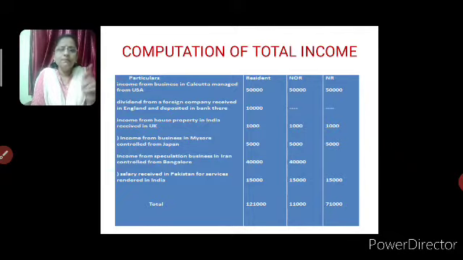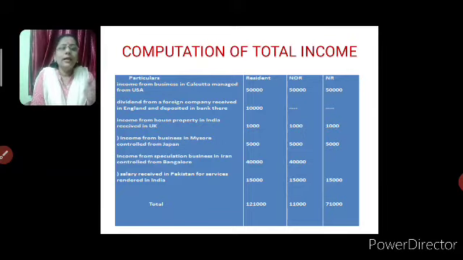Students, if the dividend from a foreign company is received somewhere in India, if it is given like that, then it will be liable to tax for all the three: 1, 2, 3. But in this problem, what they have given is dividend from a foreign company received in England, received outside and deposited in a bank there. That is why it is liable to tax for the resident only. For not ordinary resident and non-resident, it will not be liable to tax.